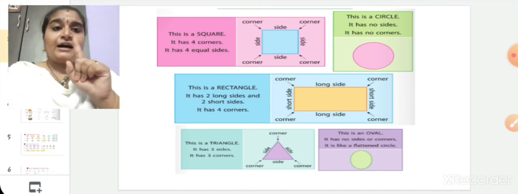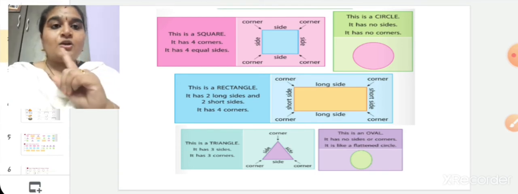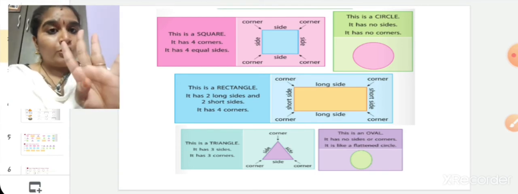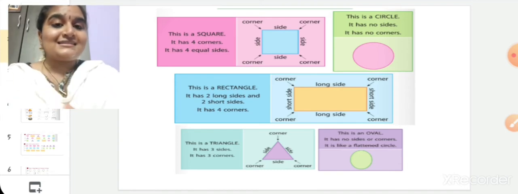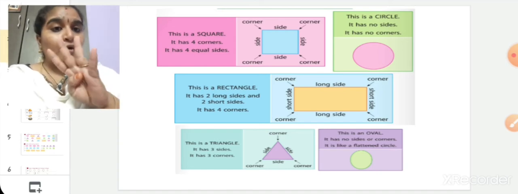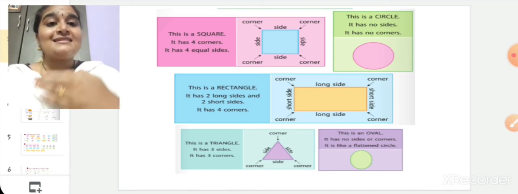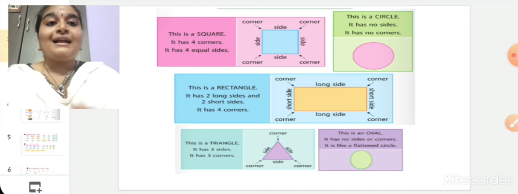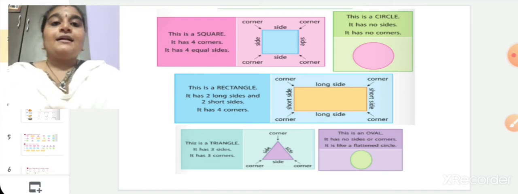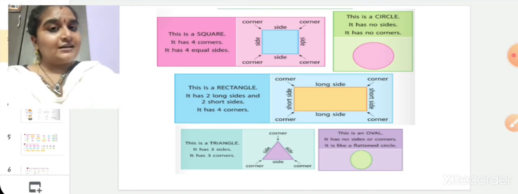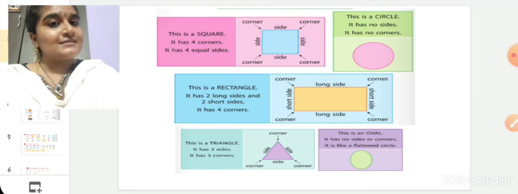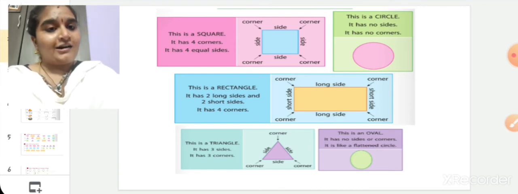So, first one, square. Square has 4 corners and 4 equal sides. For circle, there are no sides, no corners.